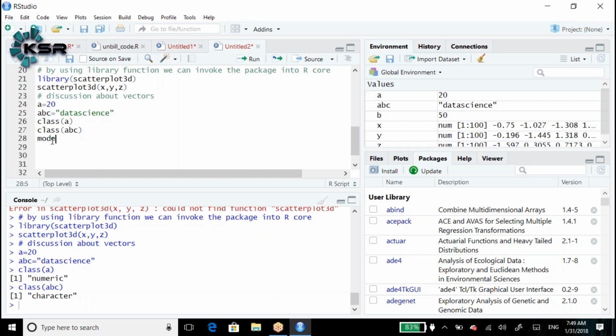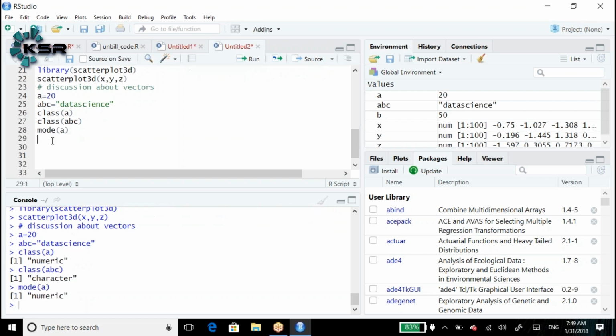Now mode of A. Mode also tells us about the data type.